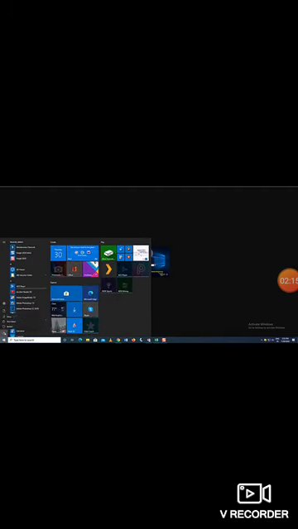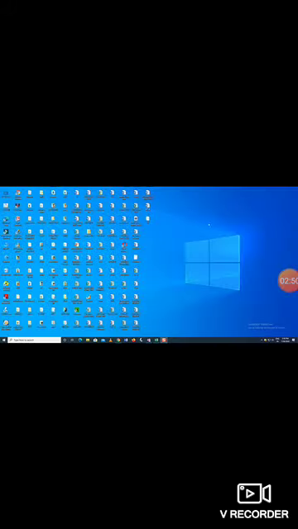Next, we are going to discuss how to shut down the system. In the down button, we have three types: sleep, shut down, and restart. What is the difference between sleep and shut down? Sleep means when you do not need to work for some time, we can click sleep. Shutdown means switching off the computer. Restart means we want to start the computer again. If you give shutdown, the window shows like here, and the system is going to shut down. If you want to close all the tabs, then you can do the shutdown.